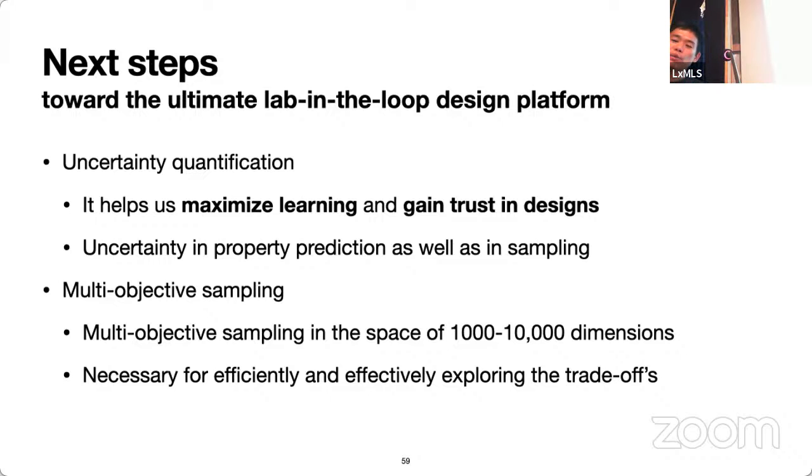The second thing that we are looking into is multi-objective sampling. When we think about multi-objective optimization, you often immediately think about black box optimization, finding the Pareto frontier in a low dimensional space. You read some of the papers, and they say unprecedented scale of multi-objective optimization, unprecedented scale of 32 dimensions. We can't really use that kind of algorithm because we're working in 1,000, if not tens of thousands of dimensions. So we need some efficient, effective way to explore this trade-off across all those different objectives, perhaps using some kind of gradient information.